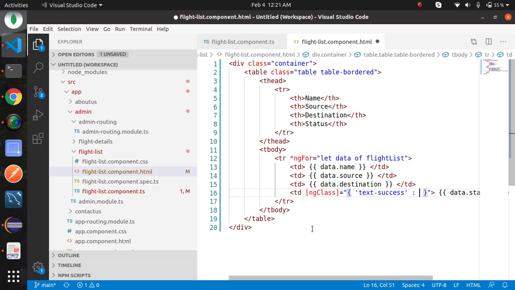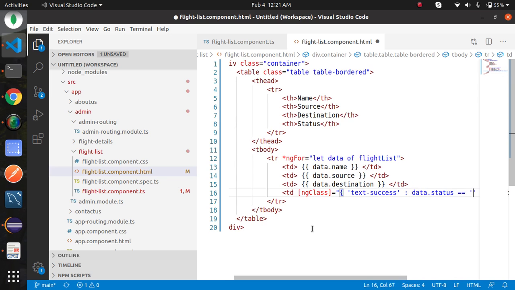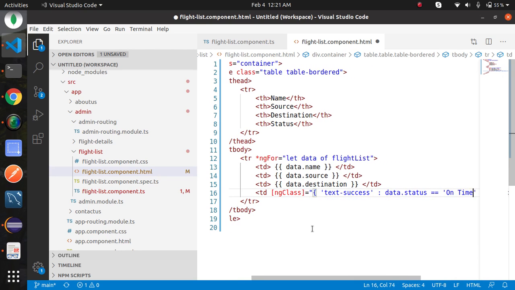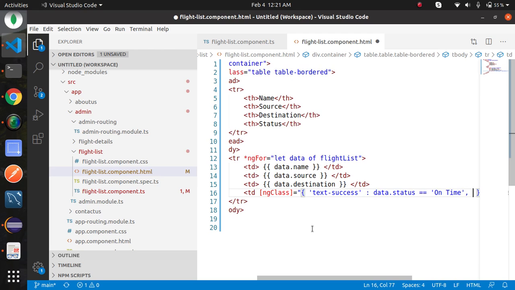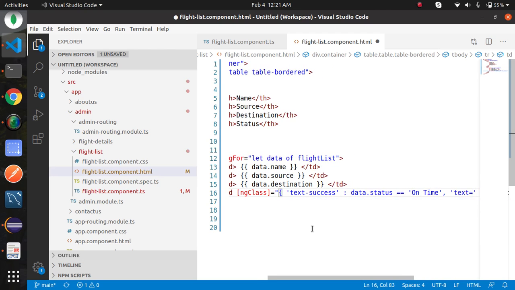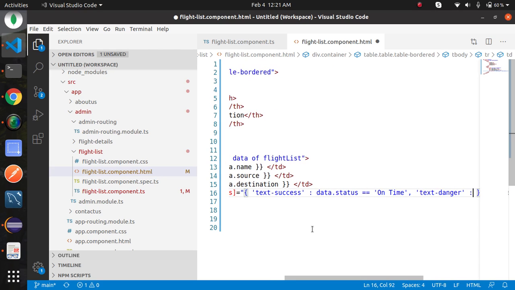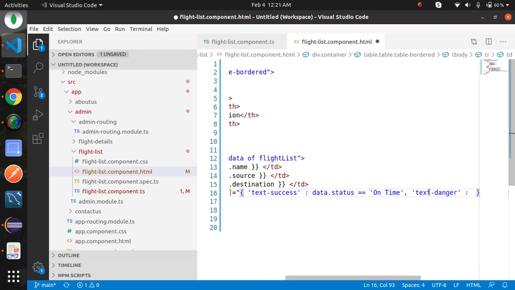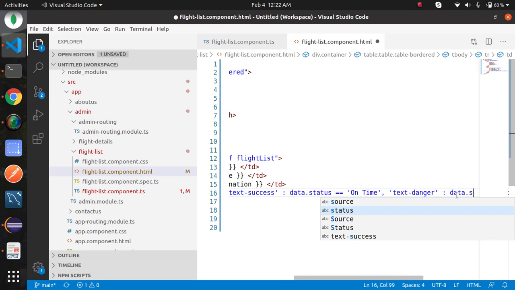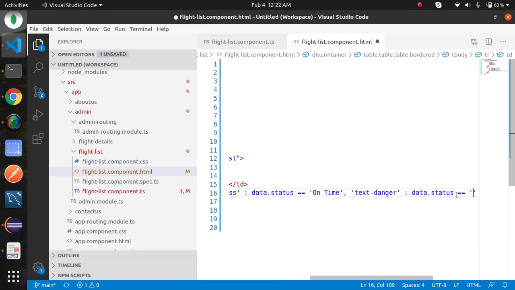So we need to show text in green color whenever data dot status equals to on time. Add other condition, text danger. We need to show red color whenever condition is data dot status equals to delay.